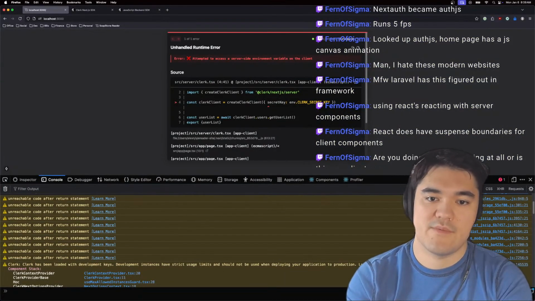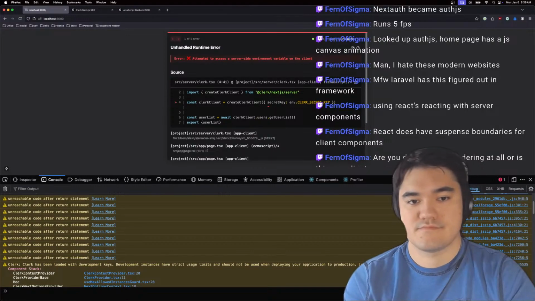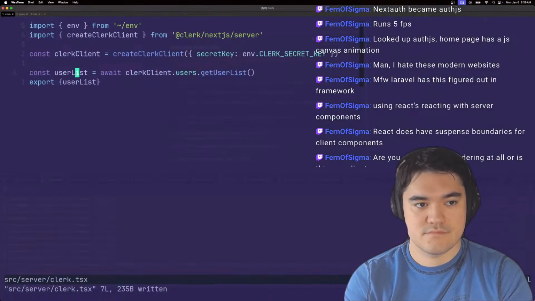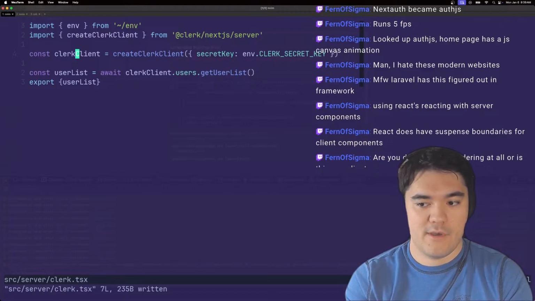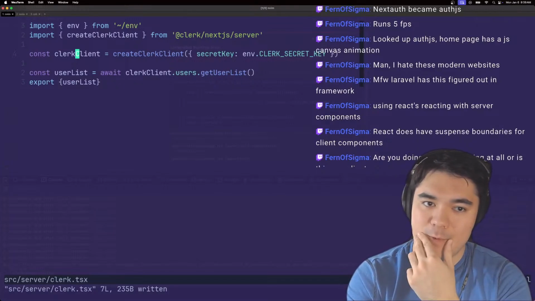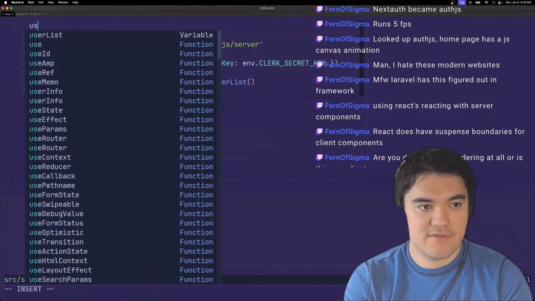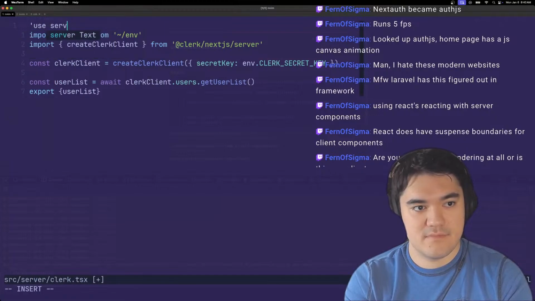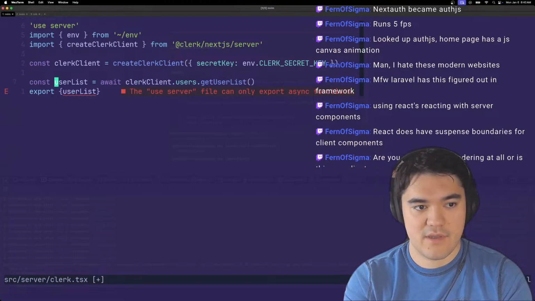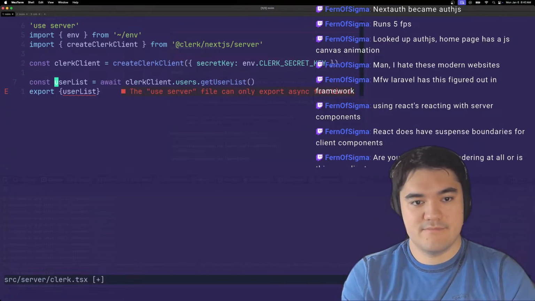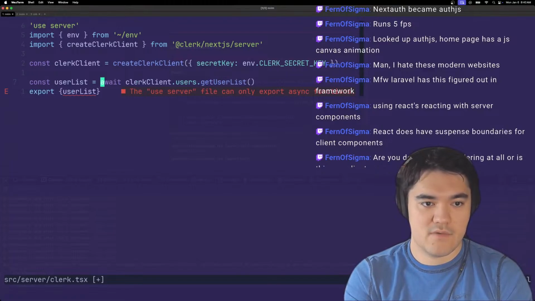The server-side variable on the client. Okay. So is this not server-side? What if I just do that? You can only export async functions. Okay. Okay, so